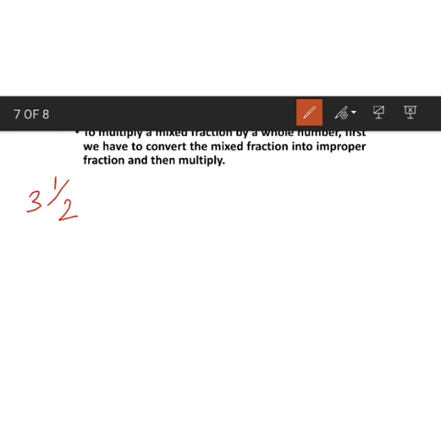This is a mixed fraction. A mixed fraction has a whole number part and a fractional part. Here 3 is the whole number part and 1 by 2 is the fractional part. So when we are converting, the numerator will be changed. There will be no change for the denominator. So keep the denominator as itself. Now what about the numerator? The numerator is formed by the denominator multiplied by the whole number part and added with the numerator. This will be the new numerator.